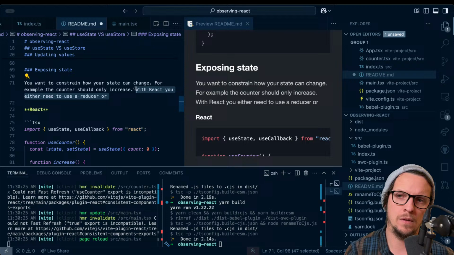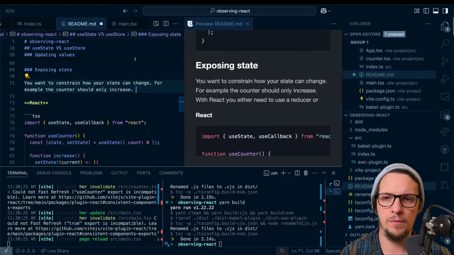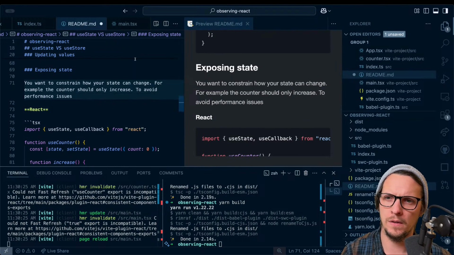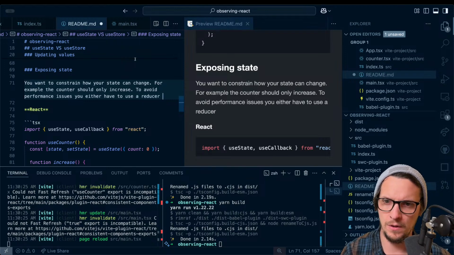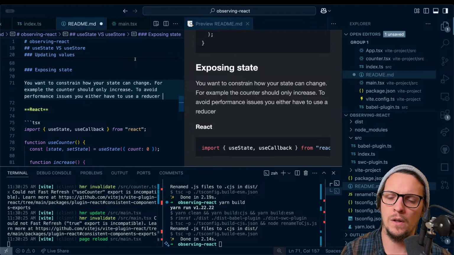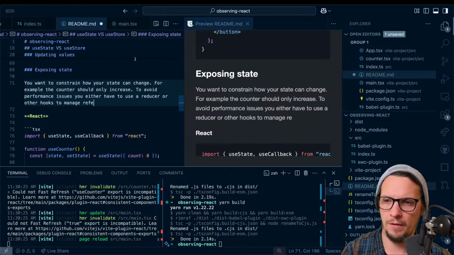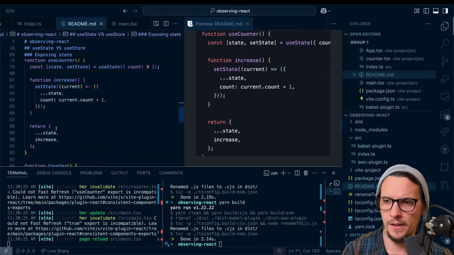Okay, what I want to state is to avoid performance issues. To avoid performance issues, you either have to use a reducer or other hooks to manage references. So the whole point here is,